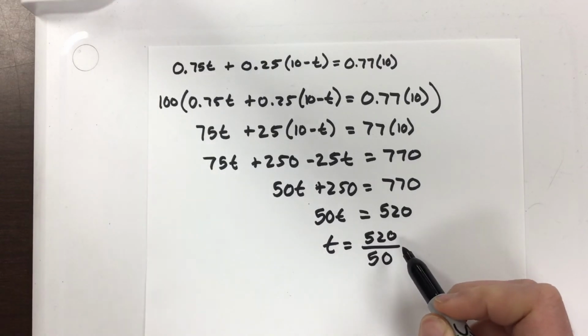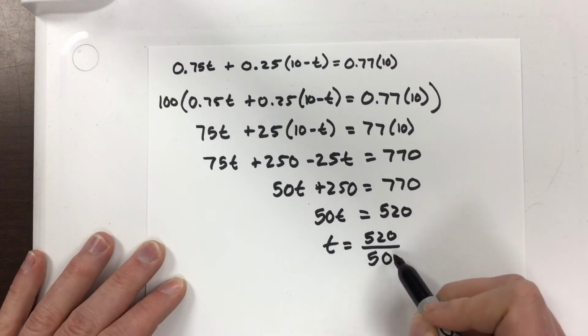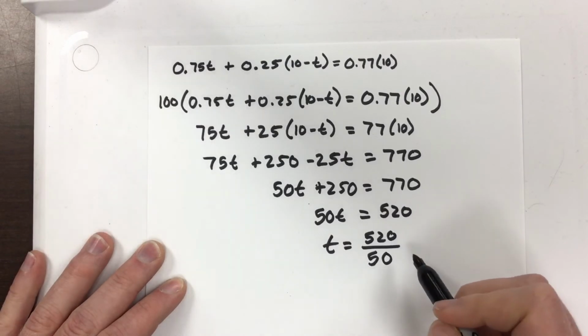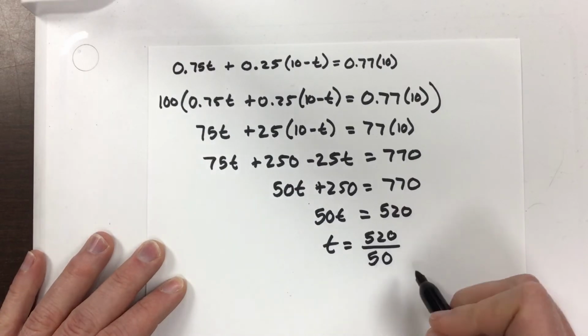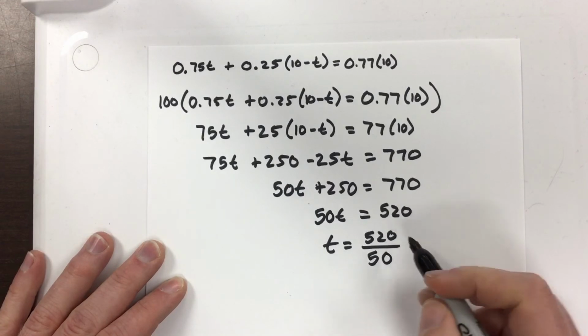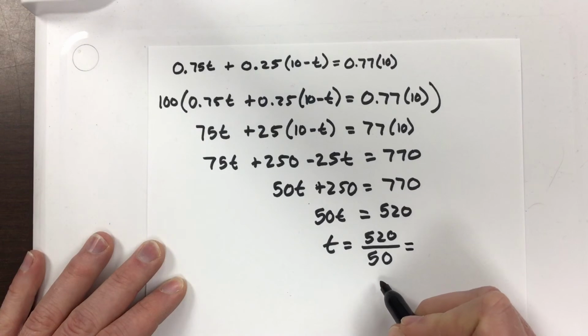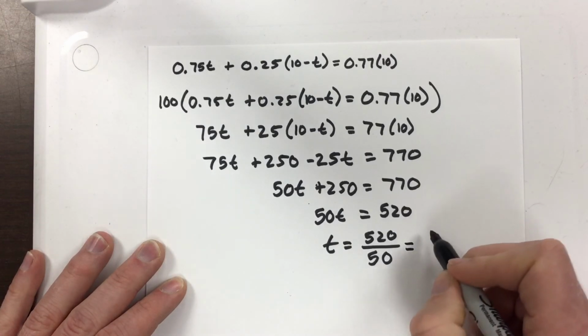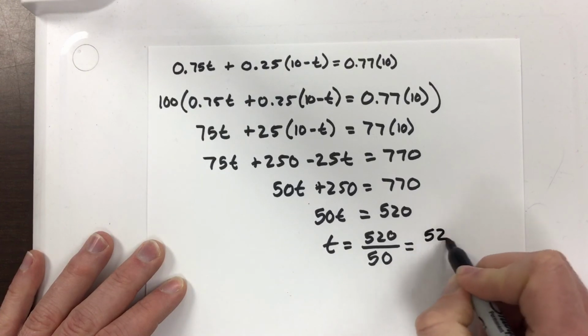A lot of times in our homework, I noticed that students would take this, plug it in the calculator, and get a decimal number. But decimal numbers are not exact numbers. A lot of times there will be repeating decimals that you have to round. So we need to start getting better at using fractions because fractions are exact answers. When we get this, instead of putting it into decimal form, we need to just reduce it down to its simplest form, which would be dividing by 10 on each side. We get 52 over 5